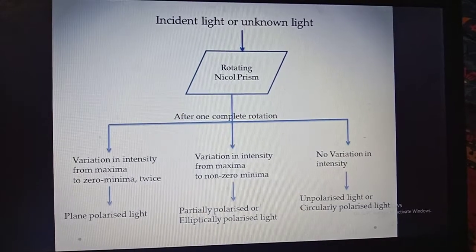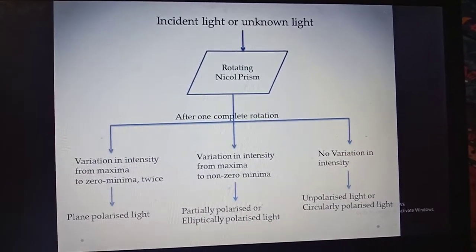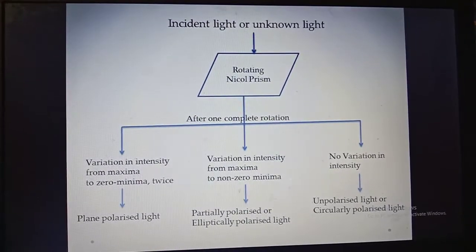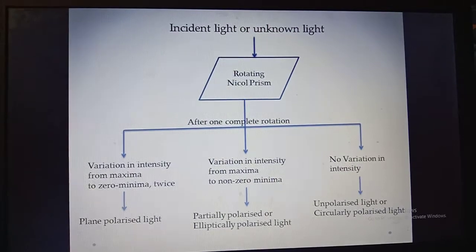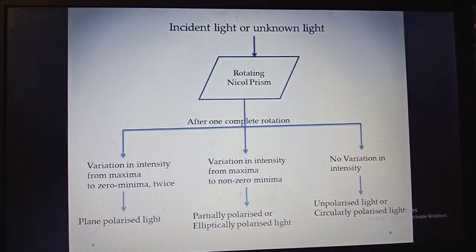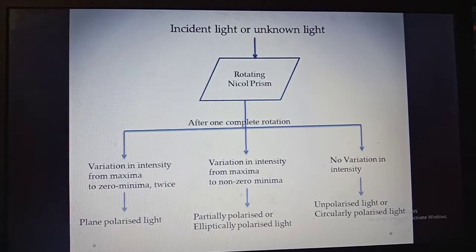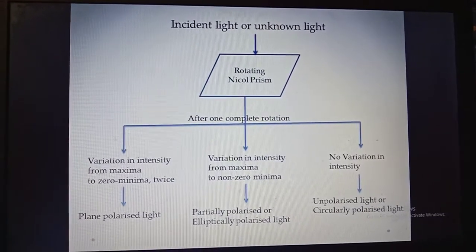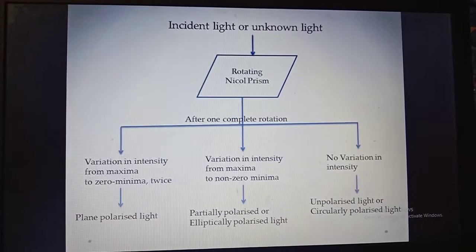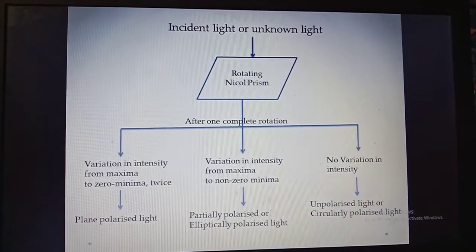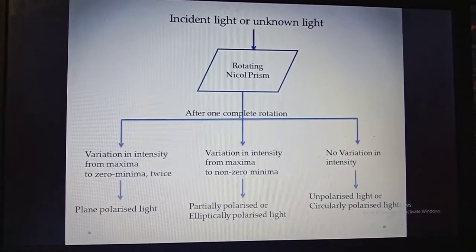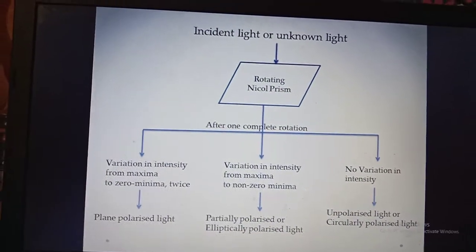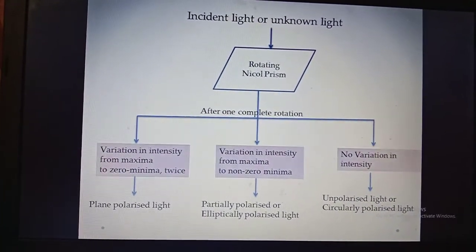Now come to the topic. We have an unknown light. We don't know whether this light is unpolarized light or partially polarized light or plane polarized light or circularly polarized light or elliptically polarized light. Our aim is to find out the type of the light. So for this, we incident this light into the rotating Nicol prism, which acts as an analyzer, and after one complete rotation of the Nicol prism, we have read in the earlier slide that we get three possibilities,